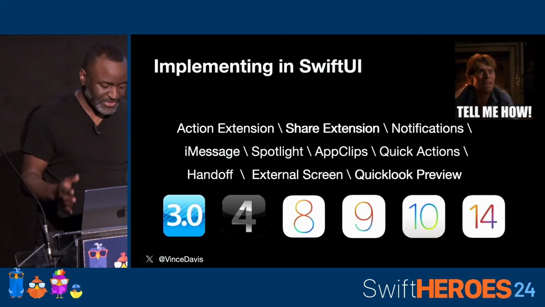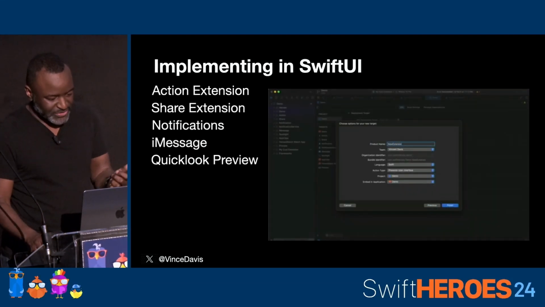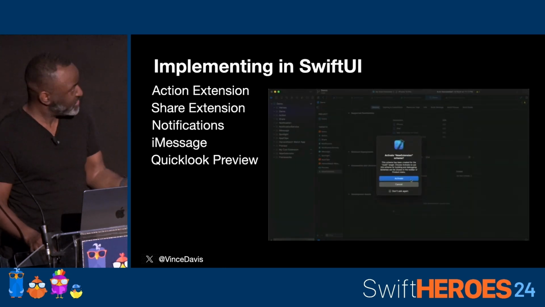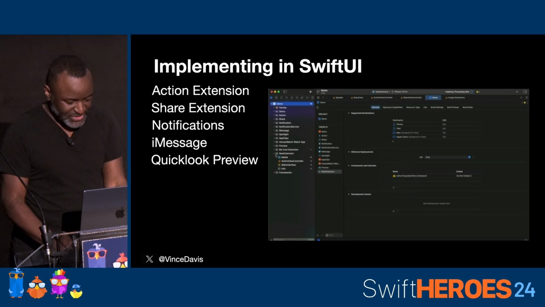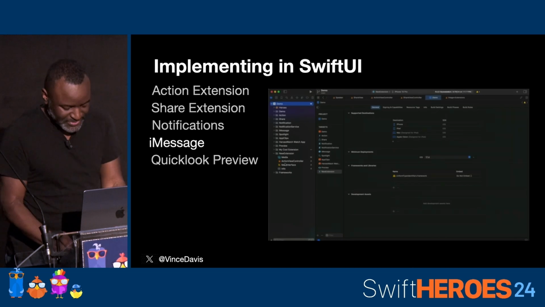Just tell me how to do this. So essentially with those, you would go into Xcode, add a new target, pick the appropriate target, create it, you would get an activation, and then it's going to pop up, and you're going to see some things you probably haven't seen unless you've been doing iOS development for quite a while. So what you're going to see